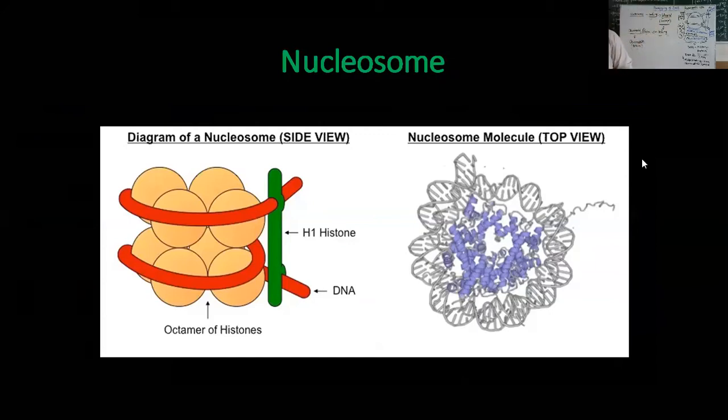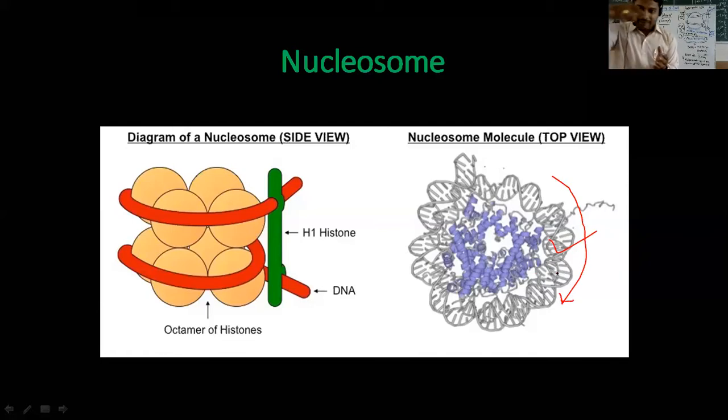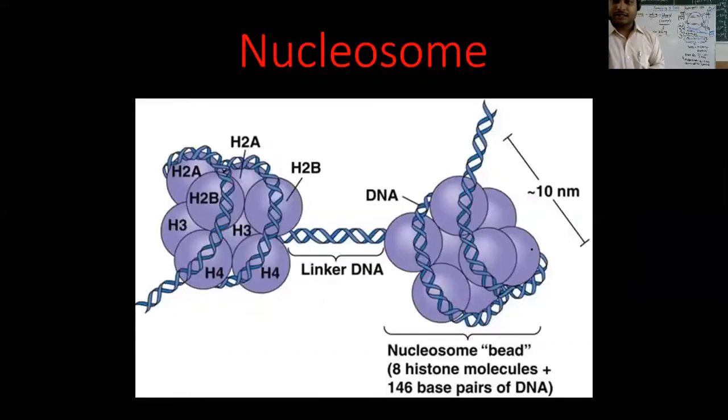And this particular structure here is basically the computer generated model from the top. If you see the entire structure from the top, you can see all around these structures, right? These are the DNA molecule that is wrapping the protein at the center. Here you see the protein, and around the protein you have the DNA. Very simple. The DNA gets wrapped around the protein. It is a top view of the computer generated model.